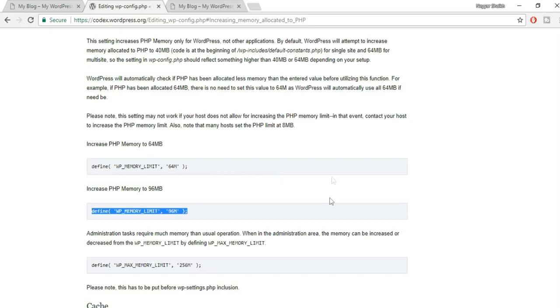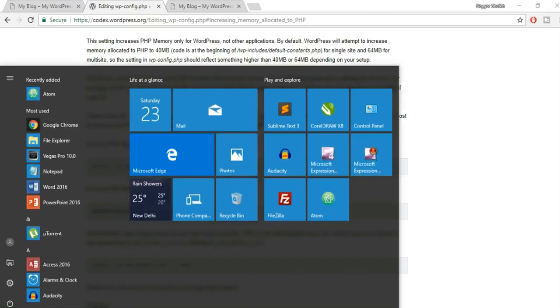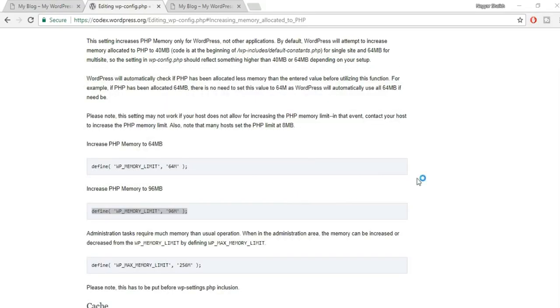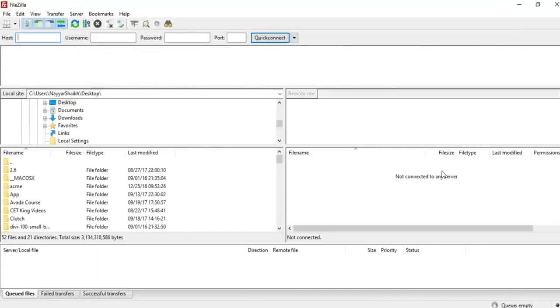There is a file, the WordPress config file, I guess. You have to paste this code over there. Just copy this code from here, and there are different ways of doing that. We can do it through FileZilla, which I mostly recommend. If you don't know how to operate this, you can watch